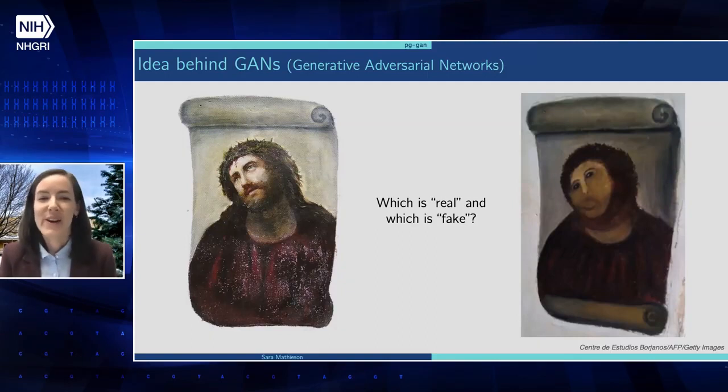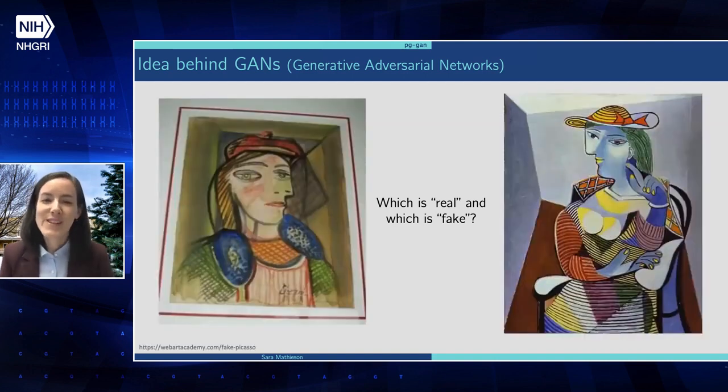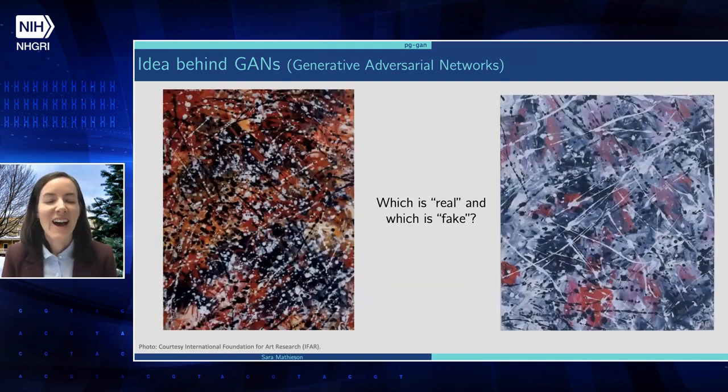So say we go off and we say, okay, well, that wasn't very good, but we try to train more and we learn more about art and we try again. And maybe this time we're a little bit better. So we try this example on the left, but it still doesn't really look like a real Picasso on the right. So we go off and we train more and we learn more about art and we try again. And I'm not sure what these look like to you, but to me, they look pretty realistic. But it turns out that both of these are suspected to be fake Jackson Pollocks.